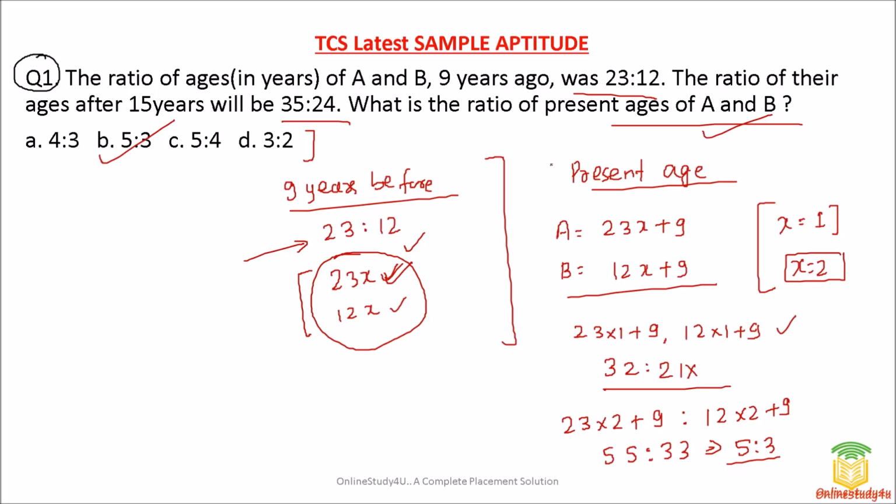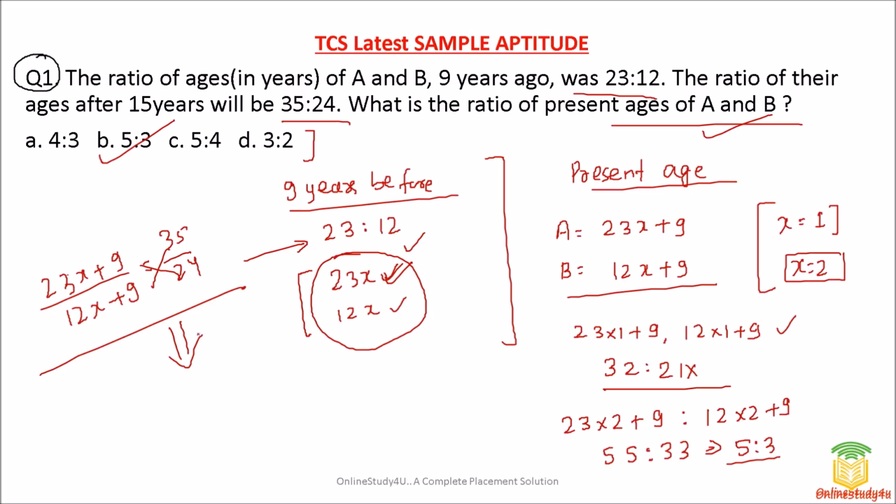So this is using your common sense. Friends, if you see many YouTube channels and websites, they will do the complete calculation: 23x plus 9, and in the exam you will not get that much time. Their ratio will be nothing but 35 divided by 24, then multiply, solve it, get the value of x, then put the value of x and then get the ratio. Friends, the value of x will be either 1, 2, or 3, so you don't have to check for multiple values. When you start, you will get an idea of what exactly your answer will be.